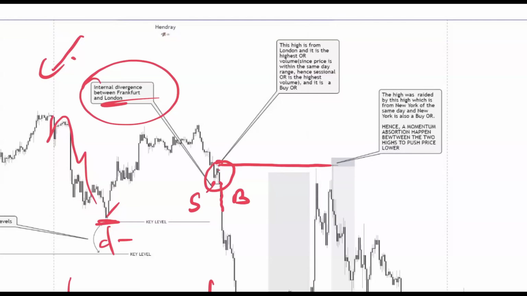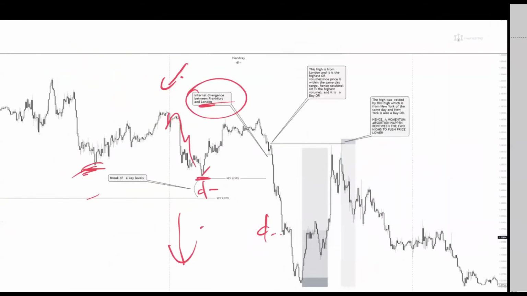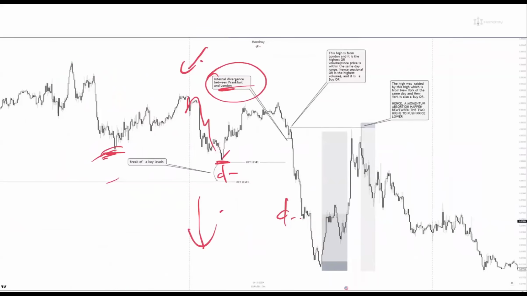So what happened after? That same London was able to start the buy. It started the buy around 10 a.m., thereabout. And New York opened somewhere around there. New York also opened as a buy. So now London is a buy. Who are these higher buyers? But we have sellers and buyers diverging against that particular high. They diverge against that particular high, causing internal divergence, as explained.